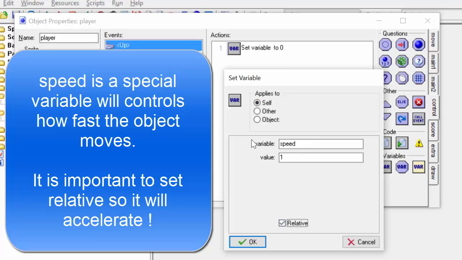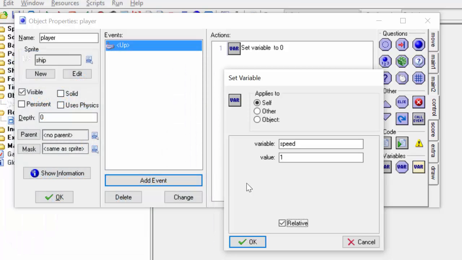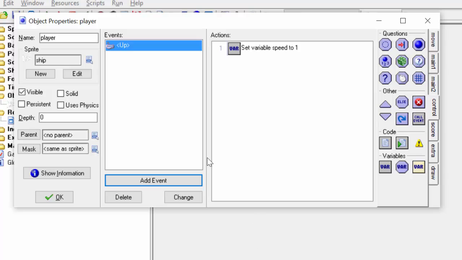So every single object has a series of variables which we can use. Okay, speed will change the speed of the object, and there are others which we're going to be looking at. Relative basically means that when it's pressed, rather than setting speed to be 1 and that's it, it's going to add 1 to it, so it's relative to itself. So it's going to add 1 every time the up is pressed. So we're going to click on OK, and I'm going to add event,